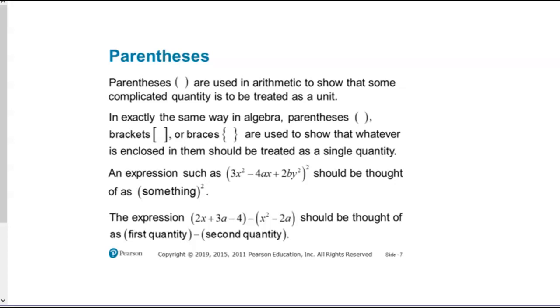So first, let's go ahead and look at some of the symbols that we use. We are going to refer to parentheses in basically a very broad sense. Each of these different symbols has a name, but when we use the order of operations later, and some of you might remember PEMDAS, where it says you do parentheses first, and we'll cover this later in the video, the parentheses that we're referring to are a number of different symbols that also include brackets and braces, as well